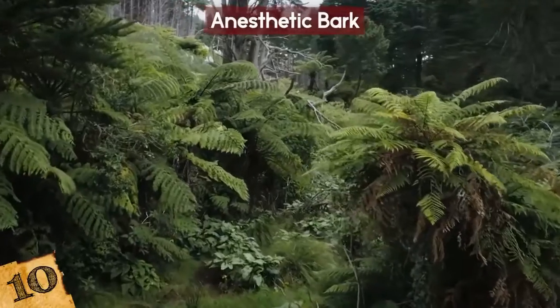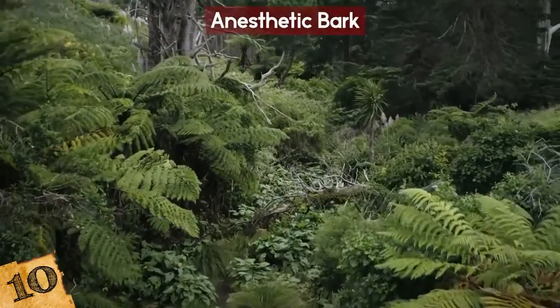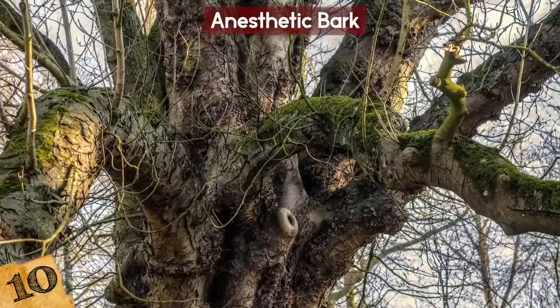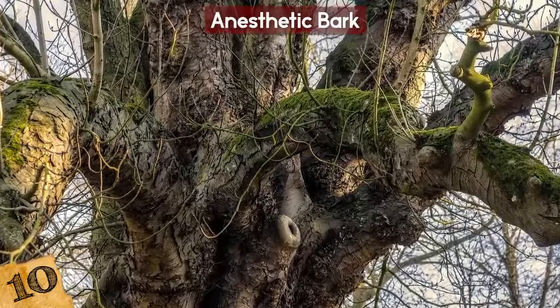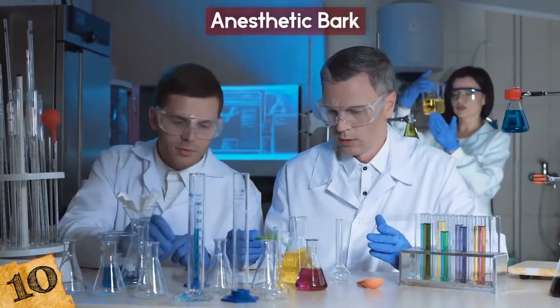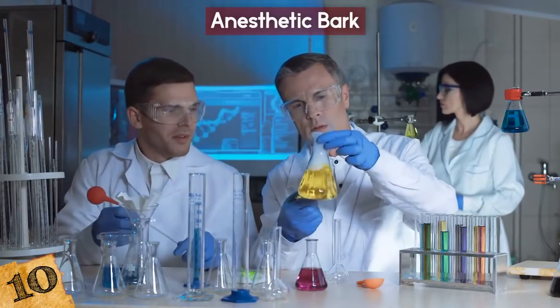The poisonous bark of the various curare liana trees have been used by indigenous people for who knows how long to cure all kinds of illnesses. Now, to be clear, on its own, the bark of the curare liana is incredibly deadly and should not be taken. However, scientists have learned how to isolate the alkaloid D-tubocurarine, which is used to treat diseases like Parkinson's and